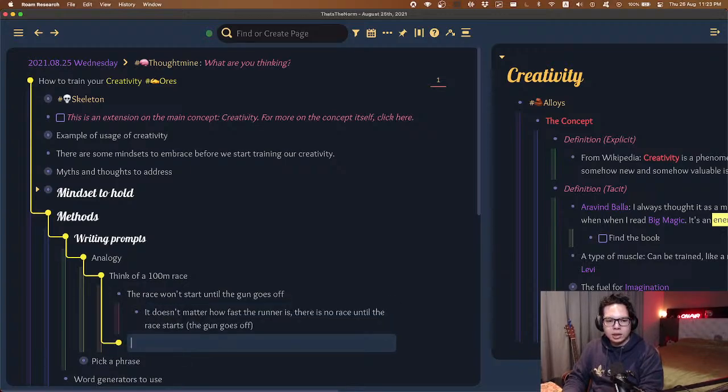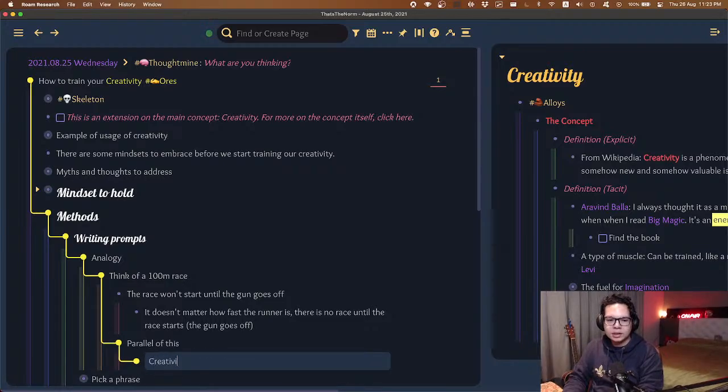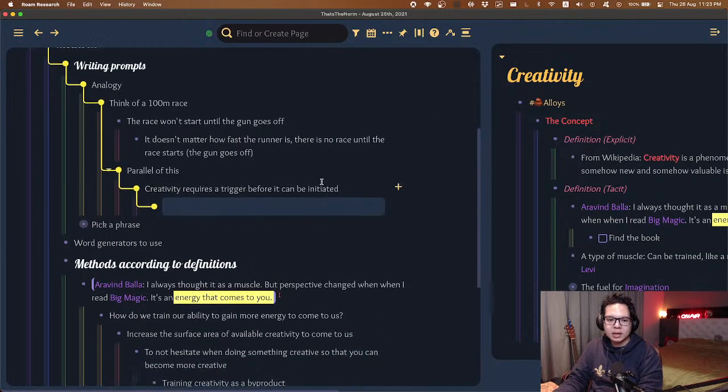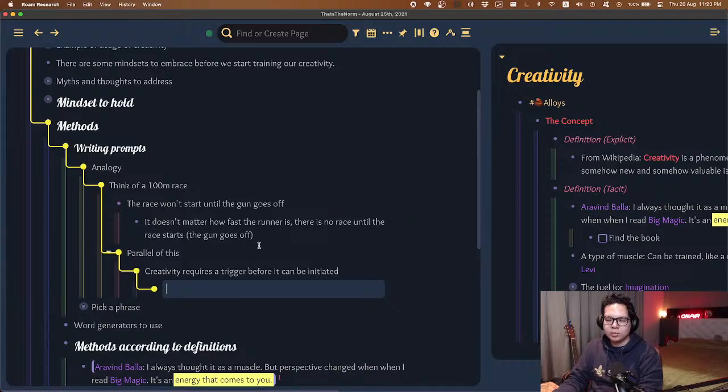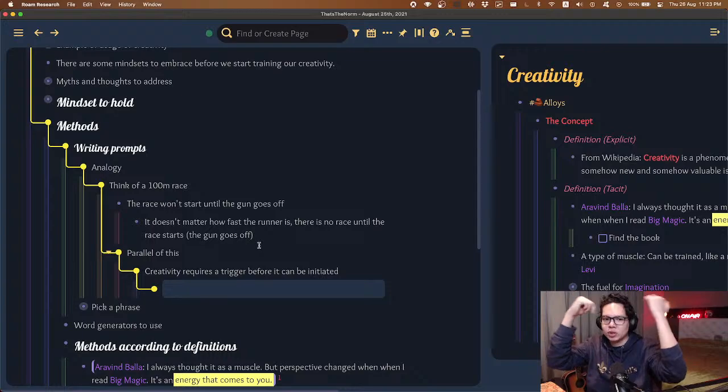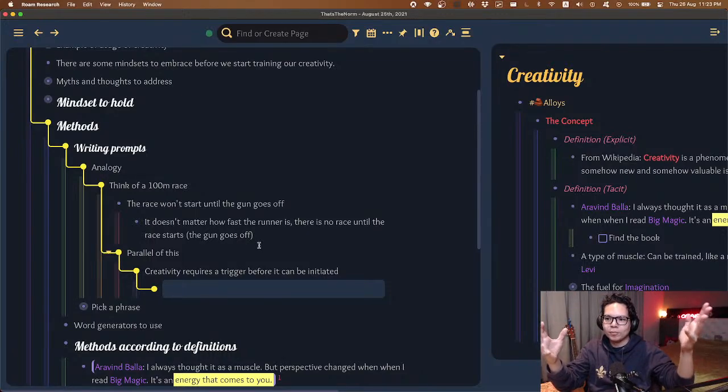And the parallel of this is that creativity requires a trigger before it can be initiated. Most of the time, we could be just bored or super relaxed, and then all of a sudden there's this sudden integration between two thoughts, and then boom, you have something creative, or a muse captures you,